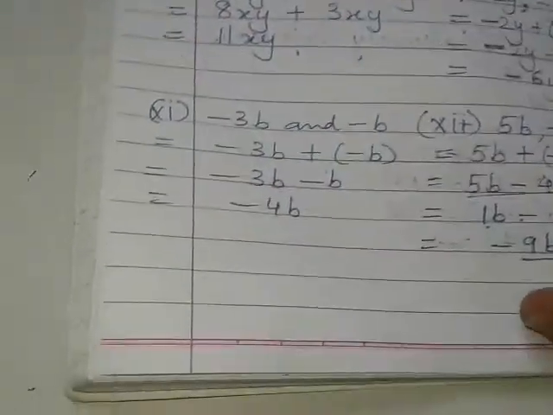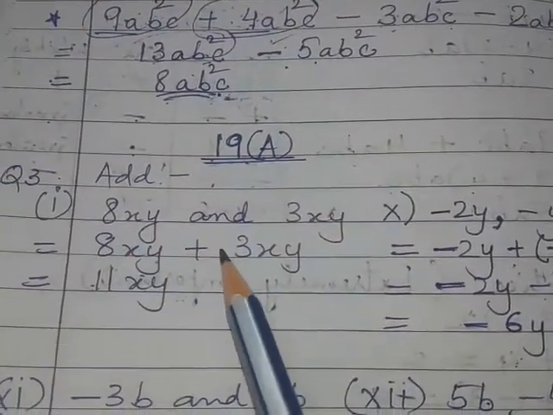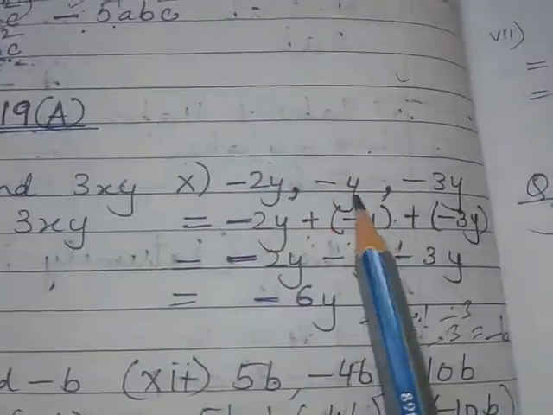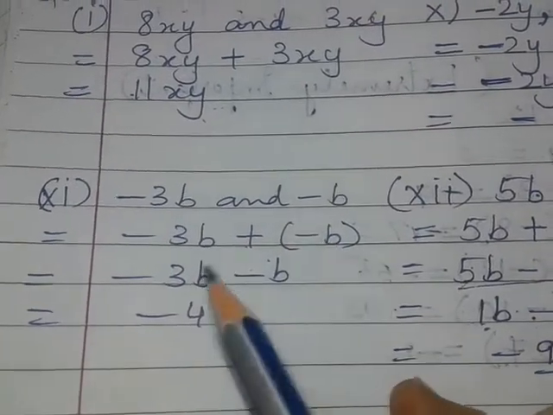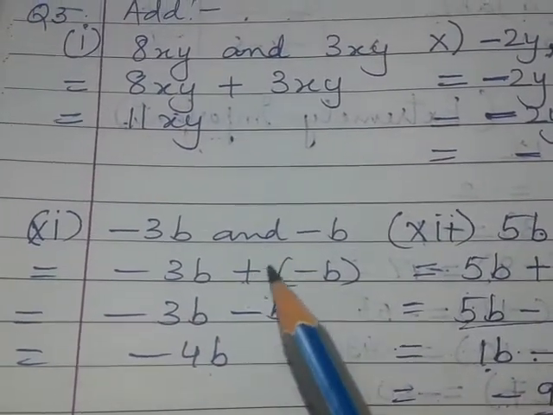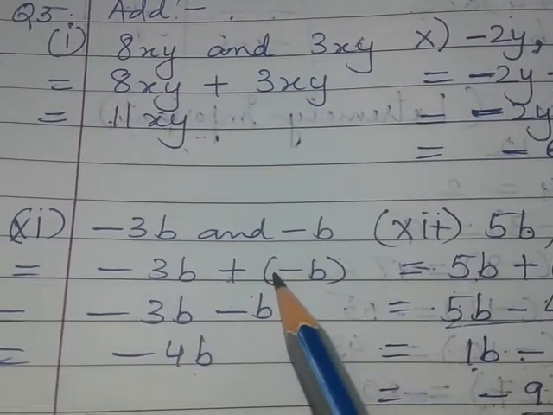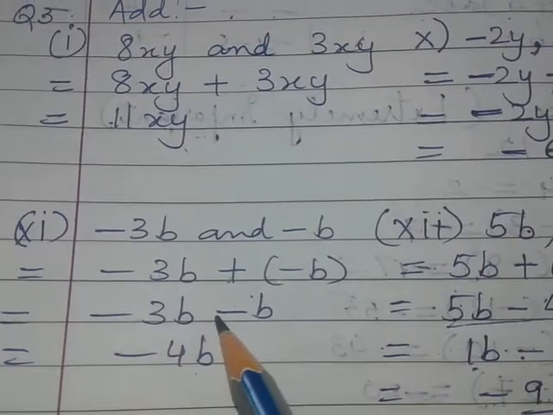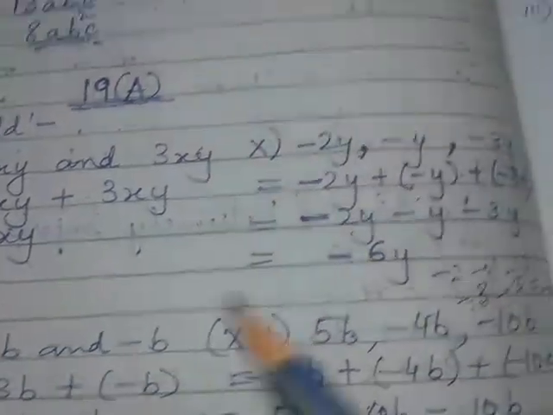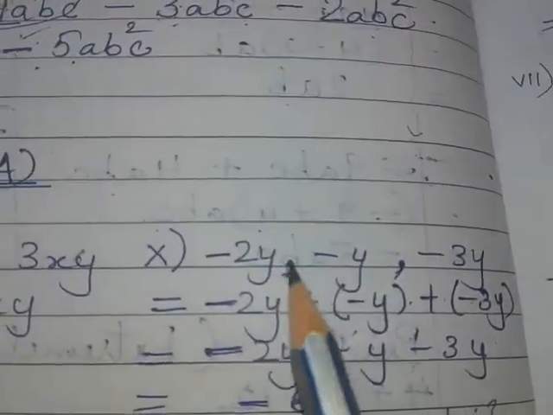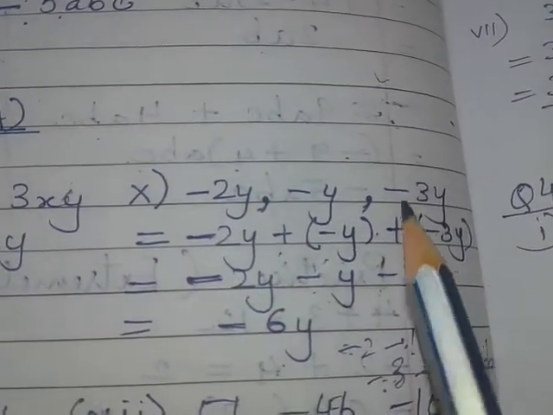Okay. So what's important is exercise 19a. You'll see here these two are like terms. Okay. Then I can add. So 8 plus 3, 11 and xy. Here you can see I've shown it directly. Okay. This I'll show you. Minus 3b plus minus b. Now see here. Minus 3b plus minus b. So before the bracket plus is there, so this sign will remain as it is. So minus b. So minus plus. So 3 plus 1, 4, and the sign of minus will come. Okay. Minus 4b. So similarly here also all are like terms. I can add them. When all are negative, I have told you, add them and put the sign of minus.